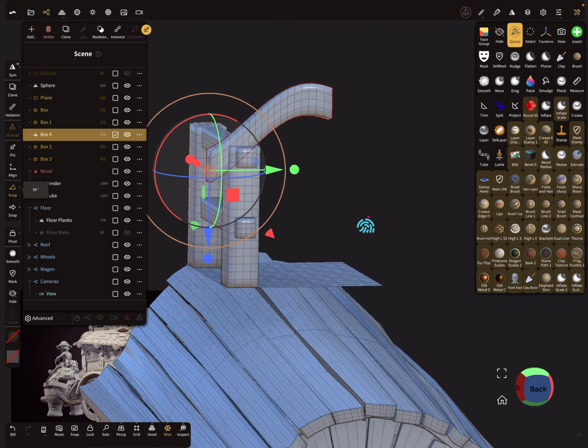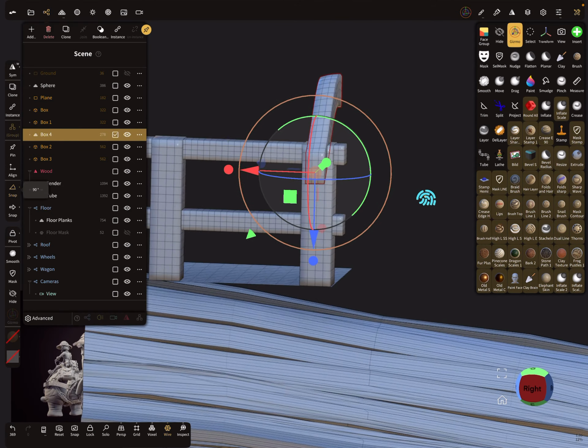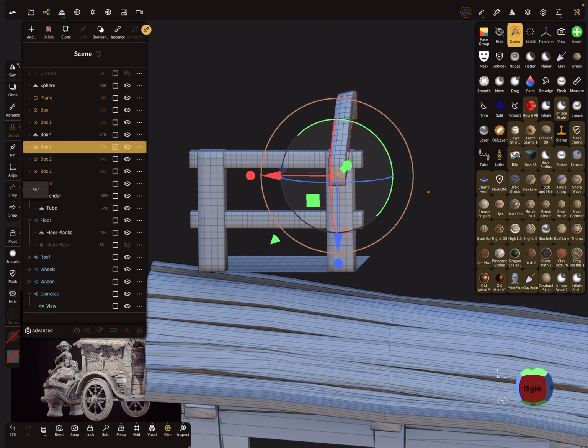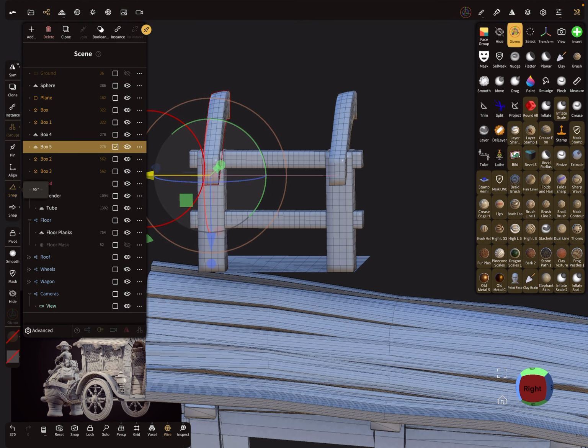So place it here. Create a clone, place it here. Let's look at the reference. It looks okay. So let's pick the box, create a clone.